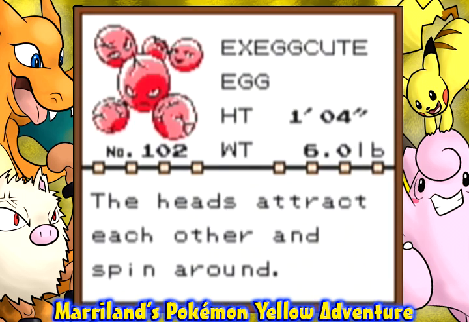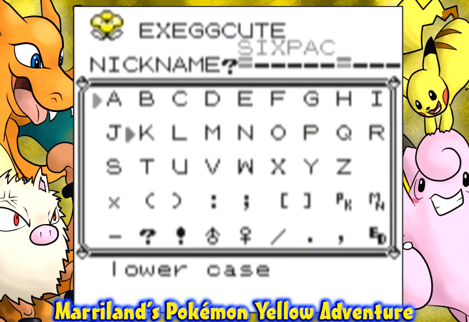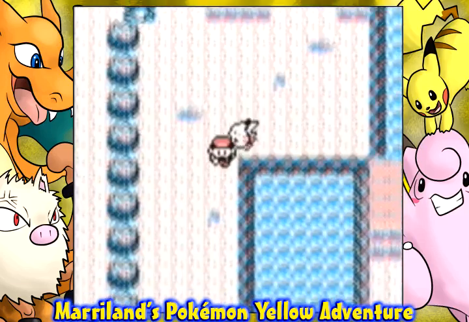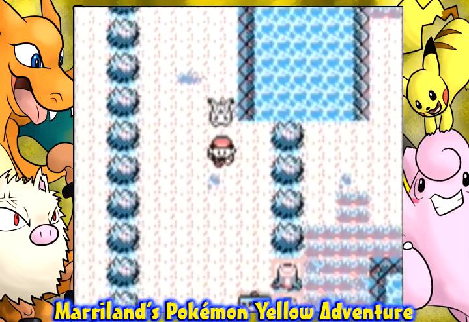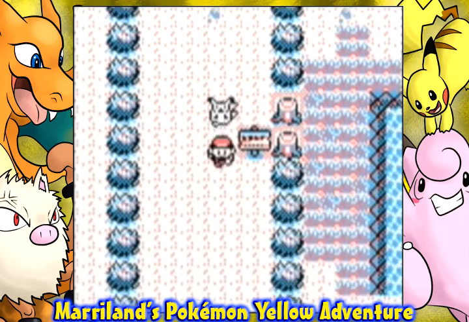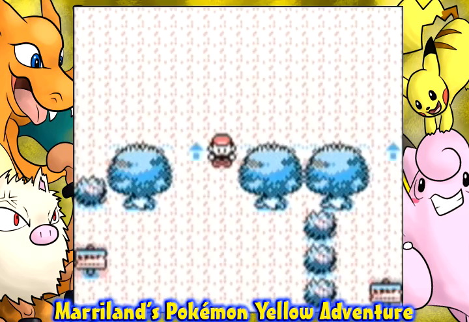Anyway, I caught this Exeggcute here. It's all a bunch of eggs, so I'm going to call it 6-pack. Like a 6-pack of soda, of course. Because there's 6 of those egg head things there. The secret house is still ahead! Okay, well, if it were still ahead, I guess